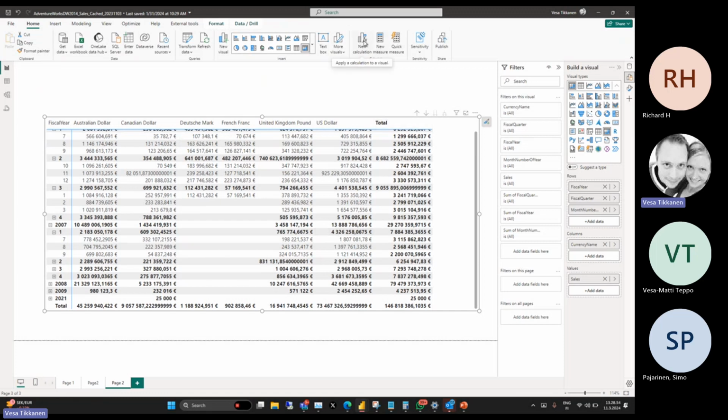So here is a new button, new calculation, which, if not visible in your Power BI desktop, can be enabled from the file options and preview features, and from there visual calculation is the new preview feature you would like to enable. When I click this new calculation,